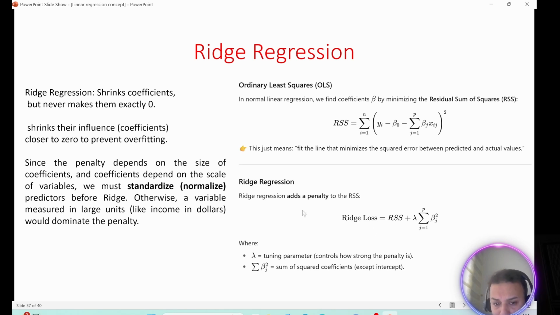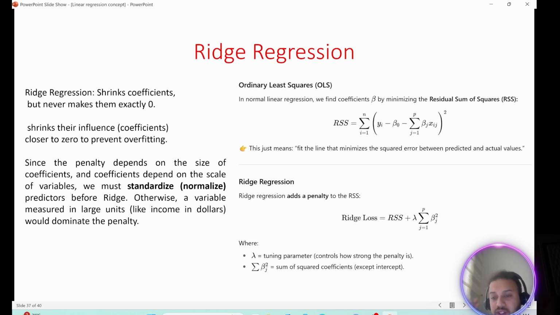So in ridge regression, we add the RSS plus lambda times the summation of beta squared. The lambda penalty is the tuning parameter that controls how strong the penalty is. And this is the sum of squared coefficients